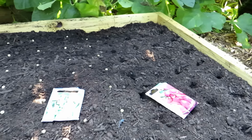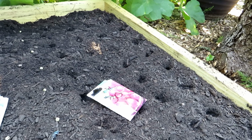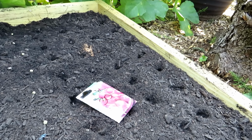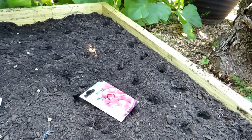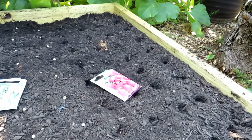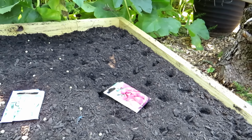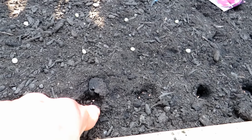So the other thing that I like planting, as I was saying in the beginning of the video, are radishes. I plant them every 2 weeks. You can start them early. It may be a little bit warm, and maybe they don't do the best, but every 2 weeks roll in more radishes. You don't want to plant 1,000 radishes and have to eat them all at once, so spread them out over time. And what I do, the hole's the